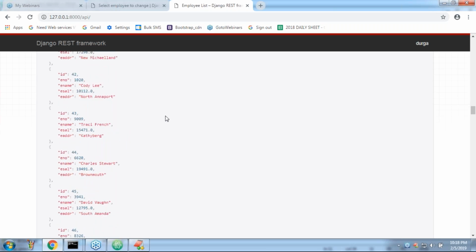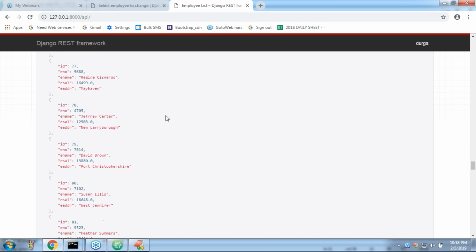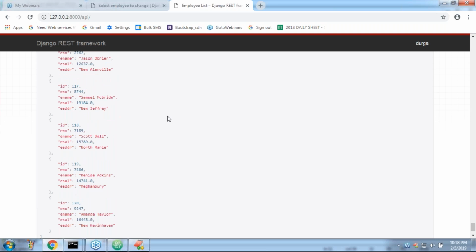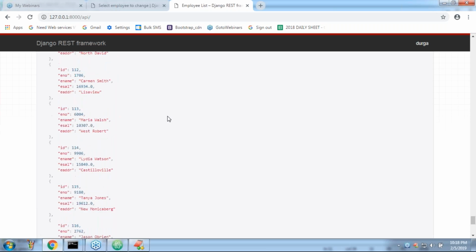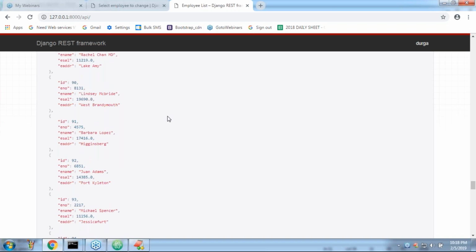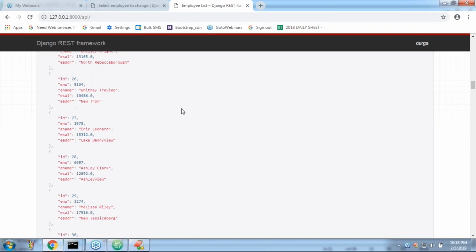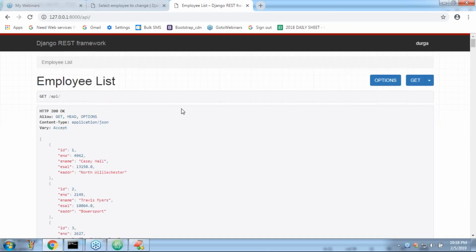How many pages are there? You respond. Only one, because you didn't specify any page size. That's why the problem is coming, sir. Now what I can do is, let me go for